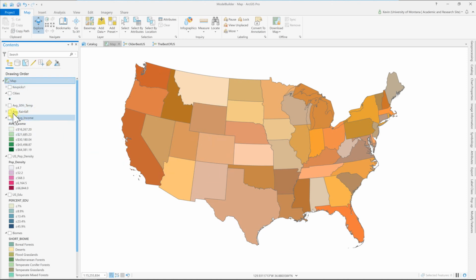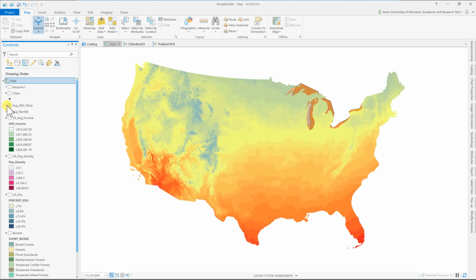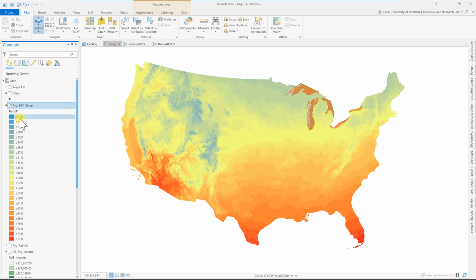So what I have is average temperature for the United States for the last 30 years. This is PRISM data coming out of the University of Oregon. Let's see if we can open it up and take a look. Yep, so it's an average for the entire year, right? To get to an average of only 23 degrees, it has to be pretty darn cold. But on the other side of that, to get to an average of 77, it has to have cold and then also some hot. So it's not the average temperature that you would like to have, it's for the entire year, right?